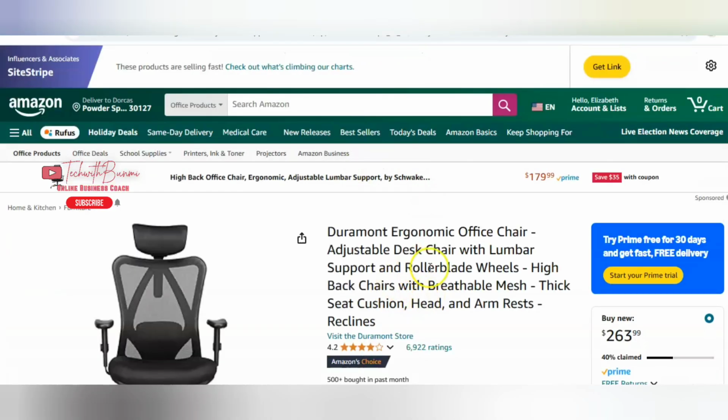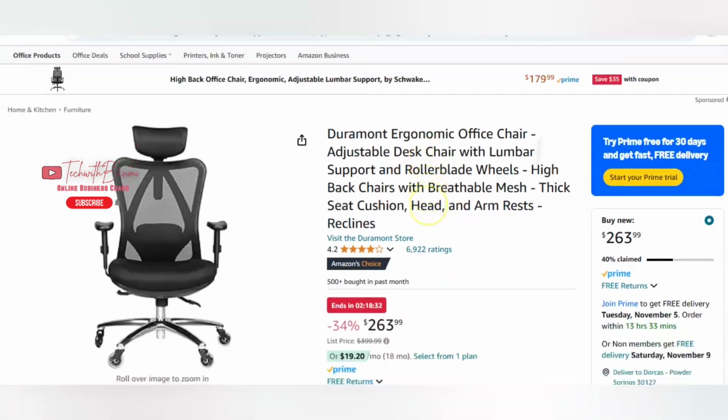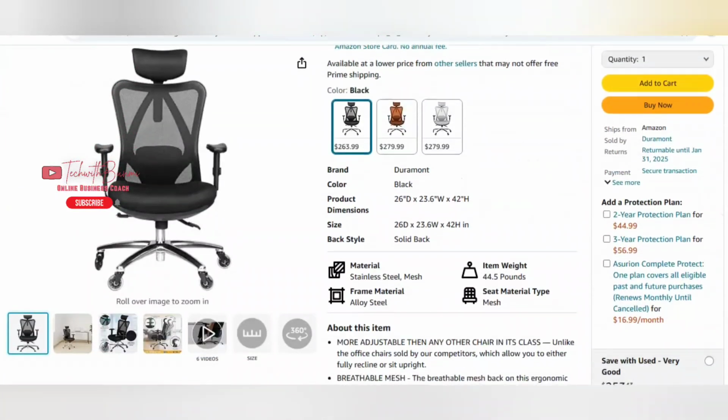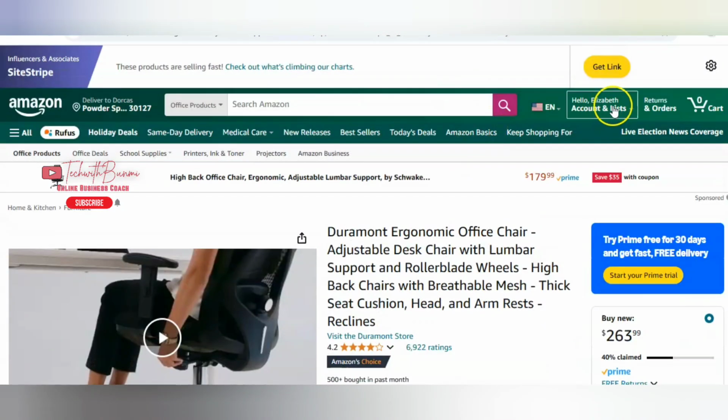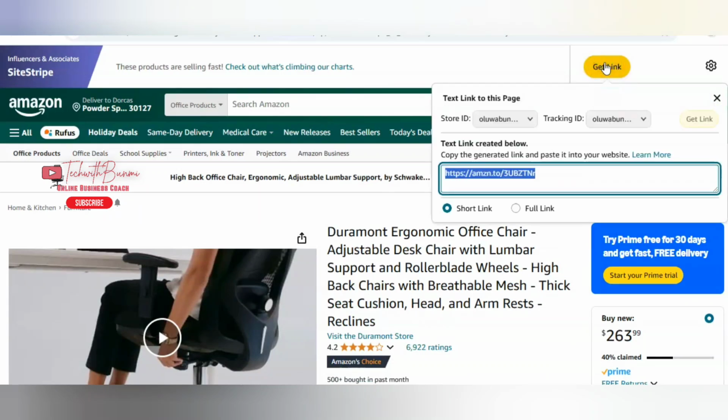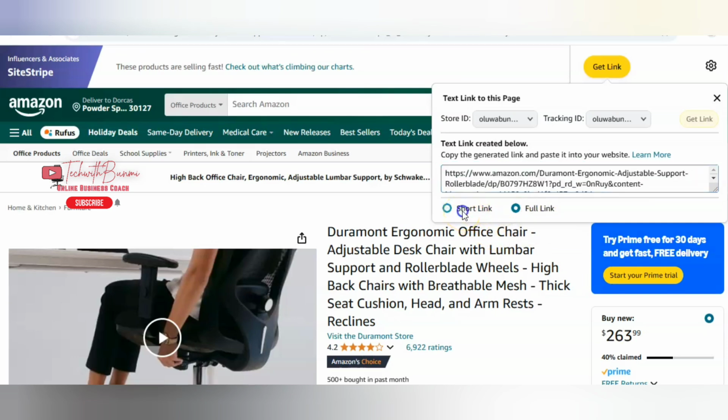So I click on this, and as you can see, it brought out everything you need, which is the affiliate links. So you come here for this product link. You can decide to shorten your links or get the full links, and you embed it on your blog, or you share it out to people to purchase the product.